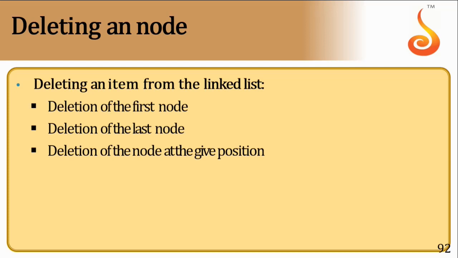But if you want to delete an element, then there should be at least one node in the list. If it's an empty list, with no nodes in the list, then you cannot delete anything. So you need to check for the underflow condition when you are deleting a node in the list. So deletion, when I say deletion, see,